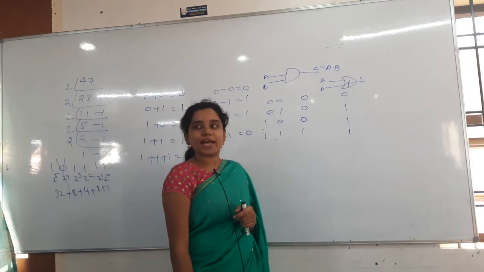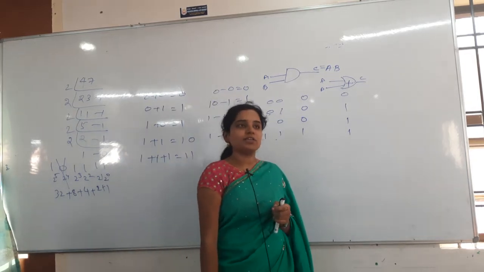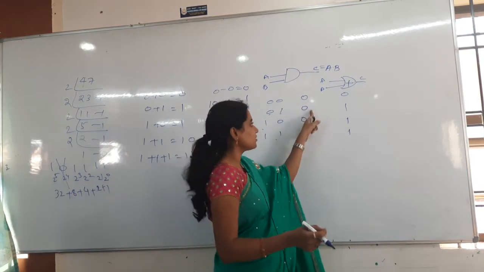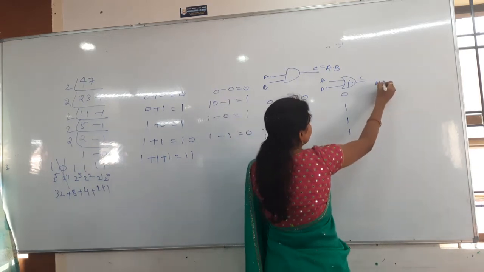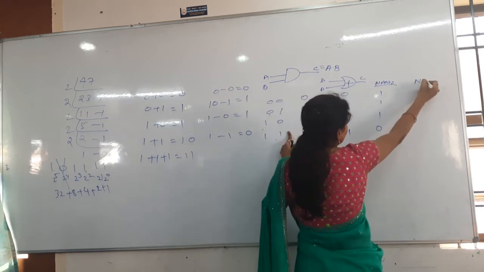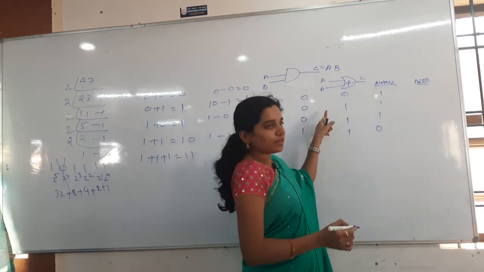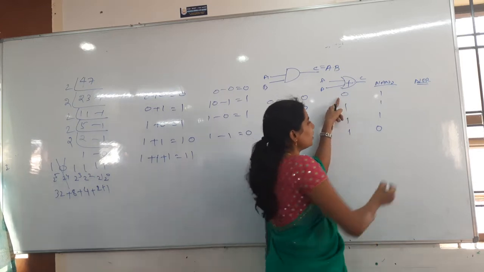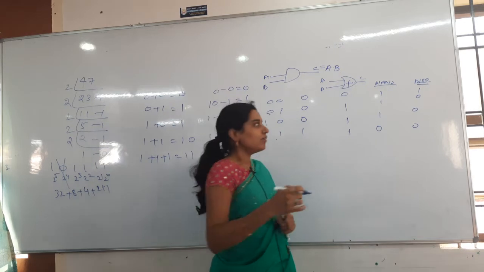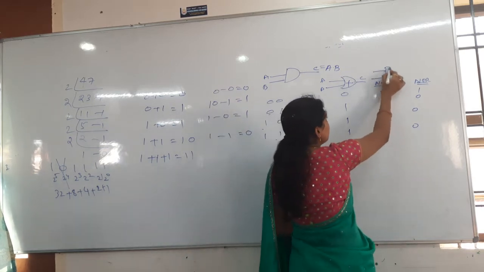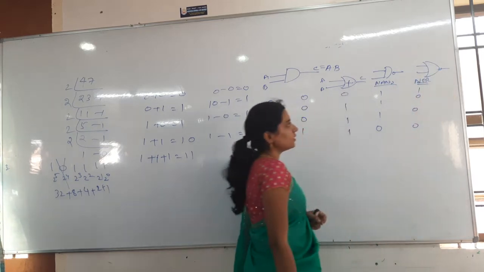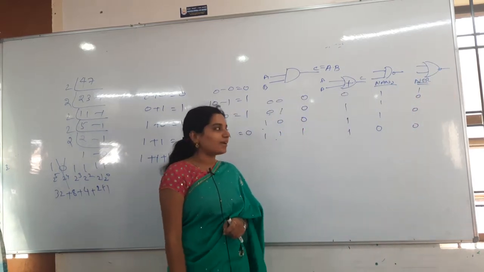After that we have discussed the NAND gate. What is the NAND gate we have seen? AND plus NOT. For the AND you have to do the NOT. AND is this. For that NOT, what do we get? NAND: 1, 1, 1, 0. That is about the NAND. NOR: for the OR you have to put the NOT, what will we get? 1, 0, 0, 0. That is about the NOR. For the NAND, we got just the AND, and for that we have put the bubble. For the NOR, we got the OR and then for that we have put the bubble here. That is about the NAND and then NOR gates.